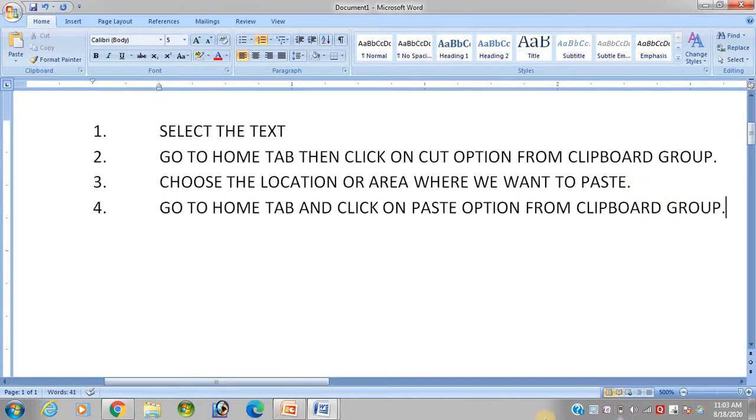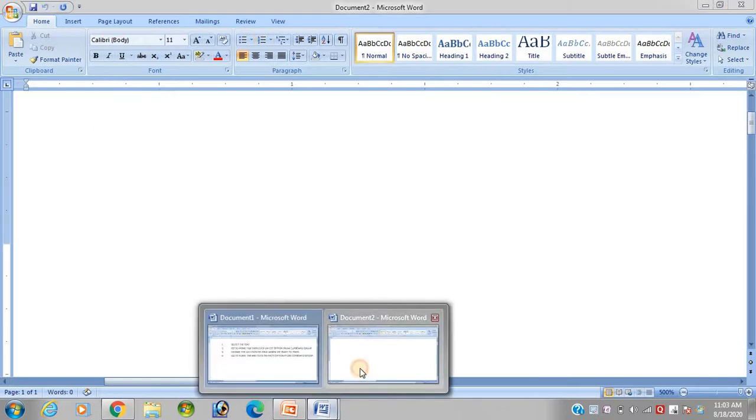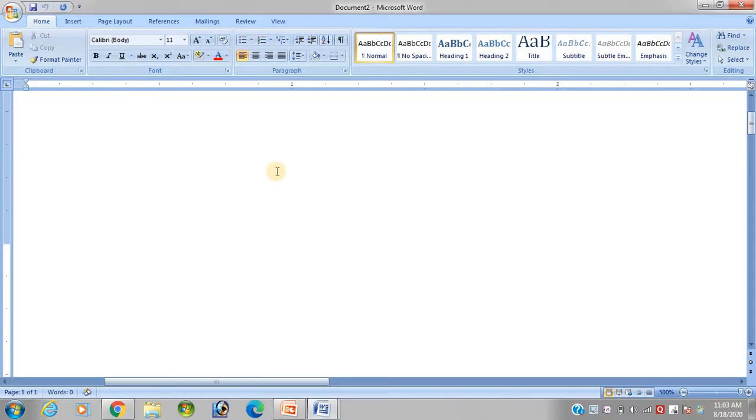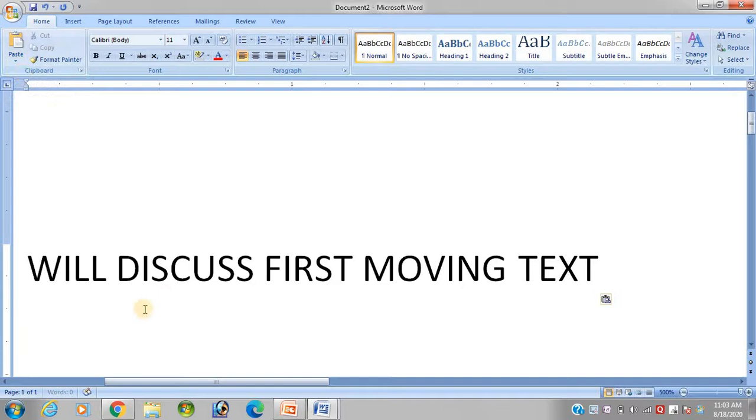Okay students, you see, choose the location. Here the location is here. Then what will happen? Now I want to paste. This is your Clipboard group, and in the Clipboard group click on the Paste option. Okay student, you paste here.